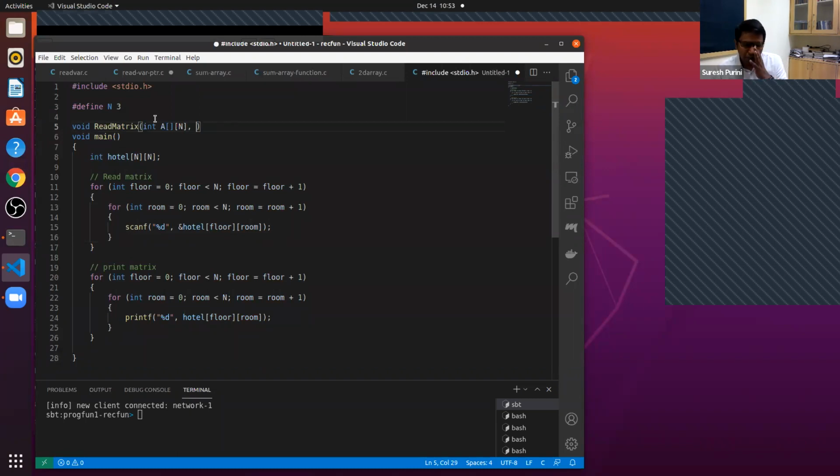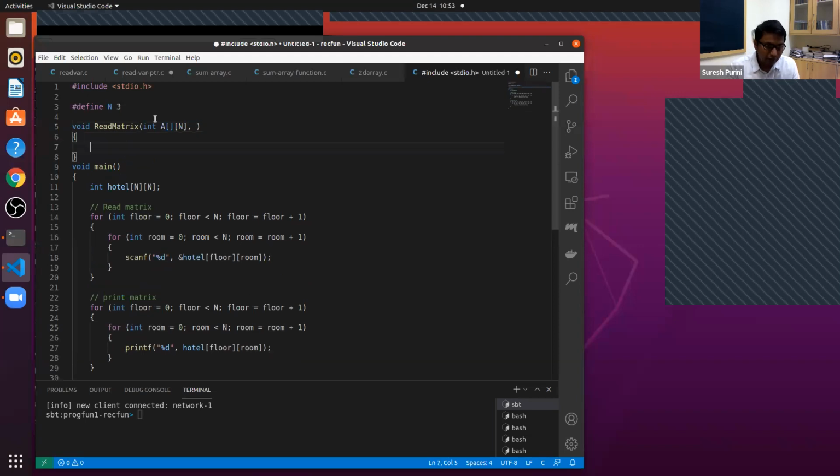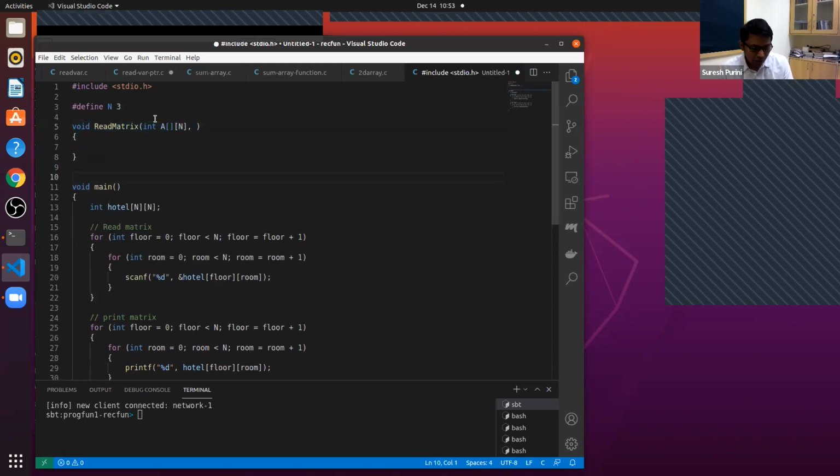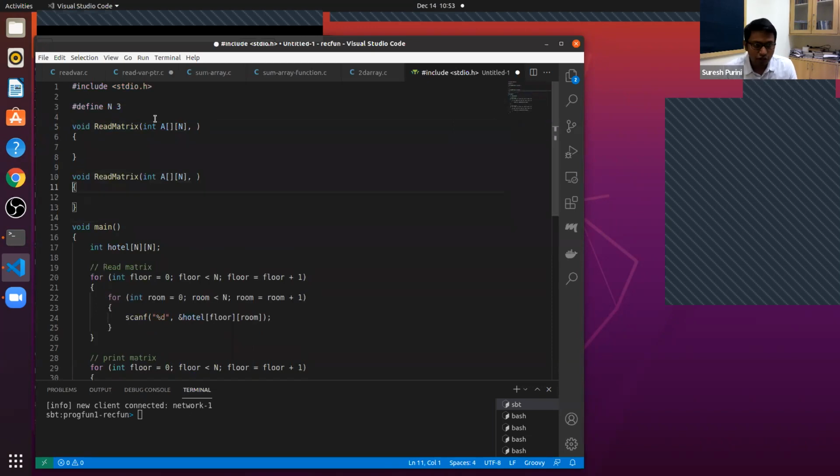The first dimension will be empty, but for the rest of the dimensions, we need to specify the exact value. So in the code that you write, we should have something like read matrix, and here, int size. This is how we do. This is print matrix.